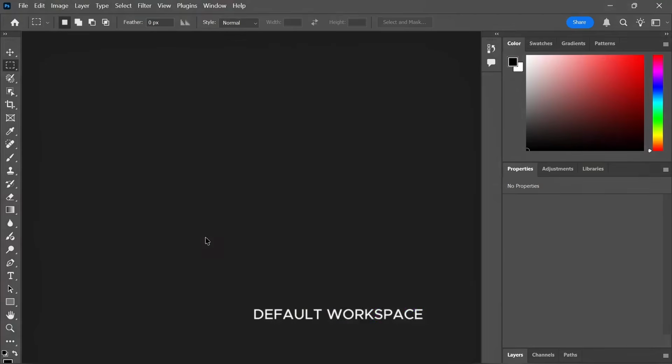This is your Photoshop default workspace with zero customization, zero custom settings. In the next few minutes, I'll show you how to transform your Photoshop workspace from looking like this to looking